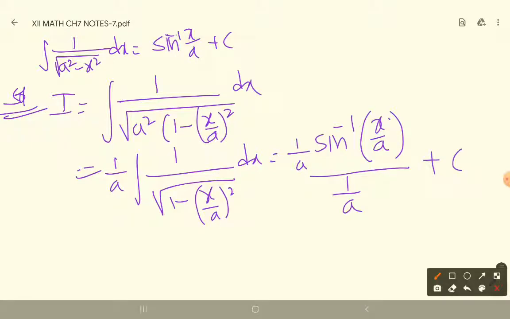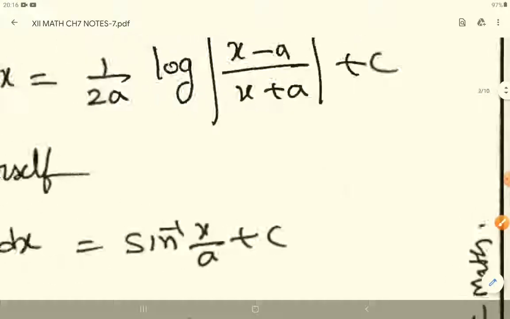divided by 1 by a, as x coefficient is divided. X coefficient is what in this? In this the x coefficient is 1 by a. So 1 by a is divided. Cancel karo. Then finally you get the answer. This is so easy a method than the substitution. But you will have to know the substitution by using trigonometry also. Because there will be many models you will get afterwards using trigonometric substitution. Okay. Next.